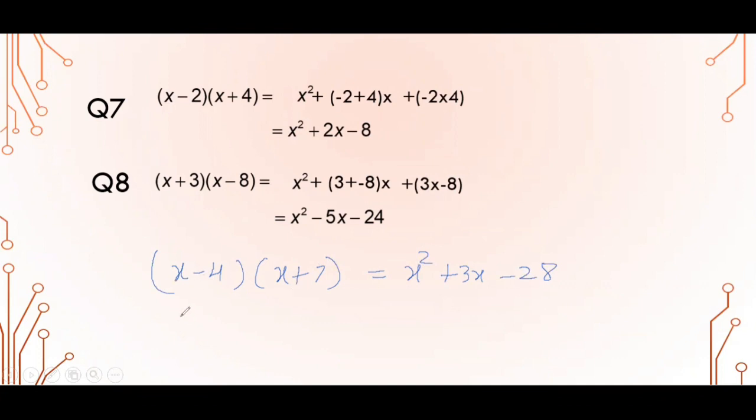One more, let us take (x + 5) into (x - 6). Again, x square. 5 minus 6 is going to be minus 1. So minus 1 into x is going to be minus x. And 5 into minus 6 is going to be minus 30. Easy? Got it, children? So this is how the identities help you to quickly multiply binomials and polynomials. We are going to learn more and more identities in the next series. Now here, one more identity we'll be learning today. We have learned 3 identities by now. Let us start learning one more.